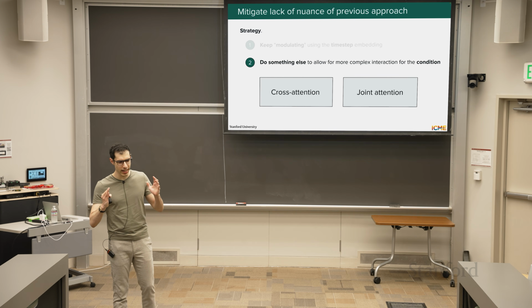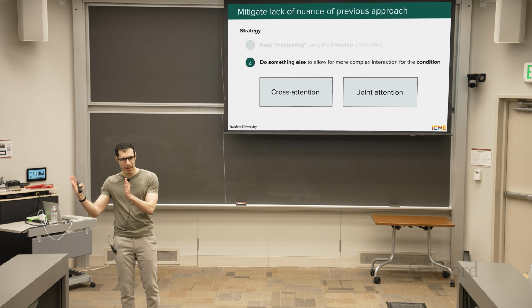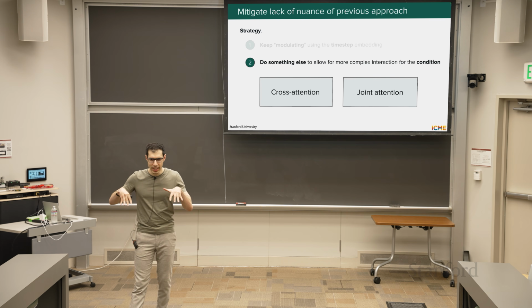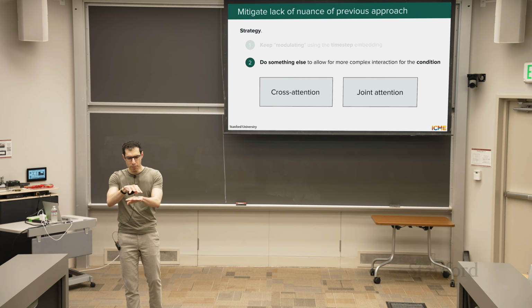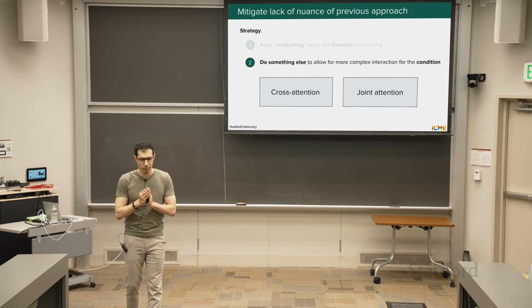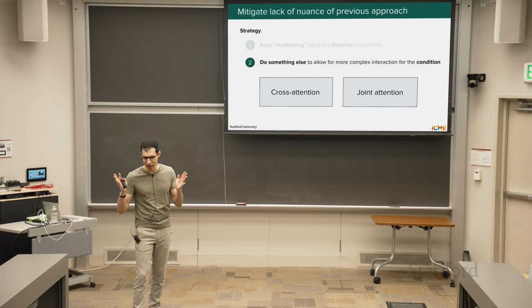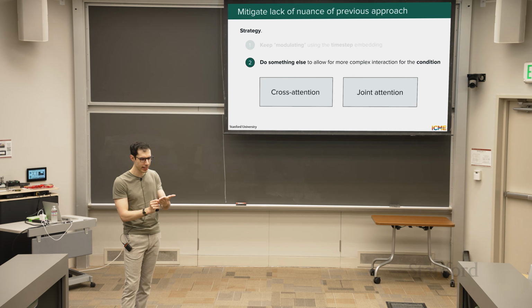Joint attention is saying you are considering your image patch embeddings as input, but you're also considering your text embeddings as input as well. And what you're saying is that both these modalities are being attended, if you want, through the self-attention layer. So continuing the analogy, let's say I'm a painter, and let's say Shervine is a poet. So instead of Shervine writing to me exactly what needs to be drawn,